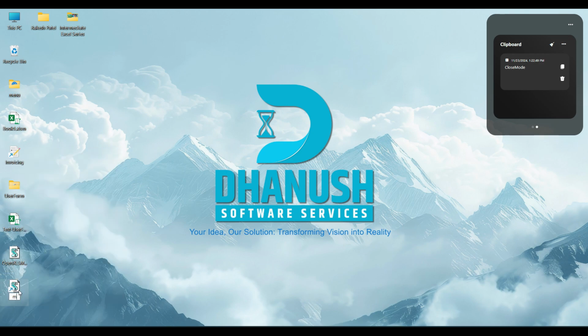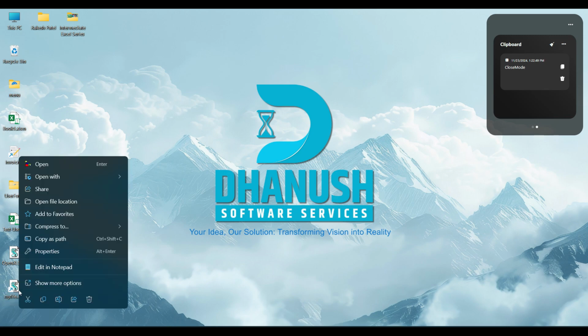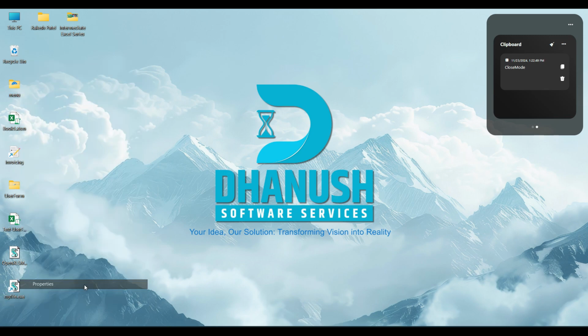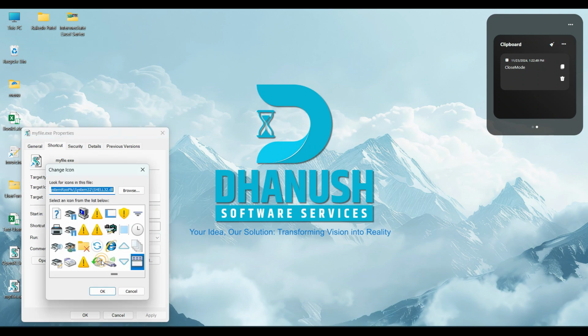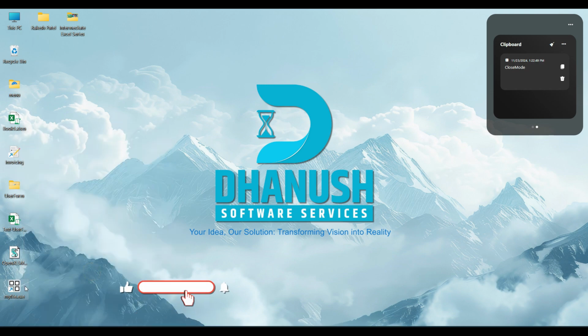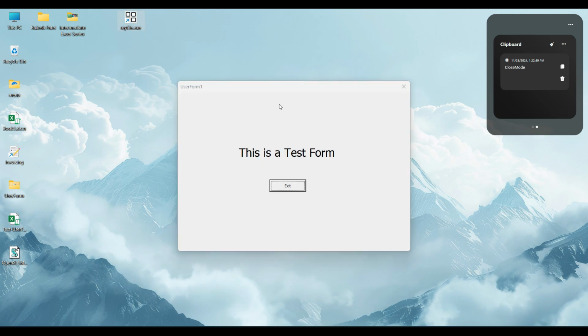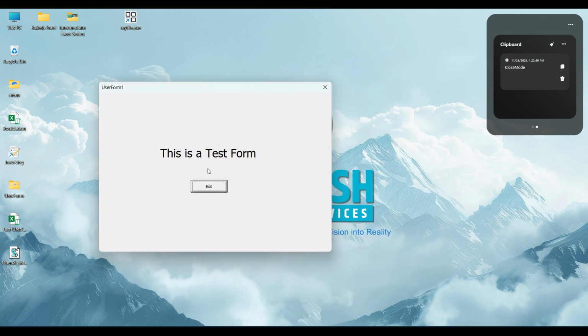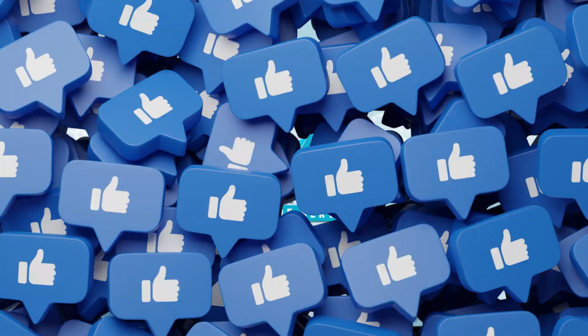You can change the name, you can put .exe or whatever name you want. Then we will change the icon also, like this. Let me select this one. Now you can see that it is not identified as an Excel file or exe file or anything. Whenever the user clicks, it opens a form and you can perform the rest of the activity.